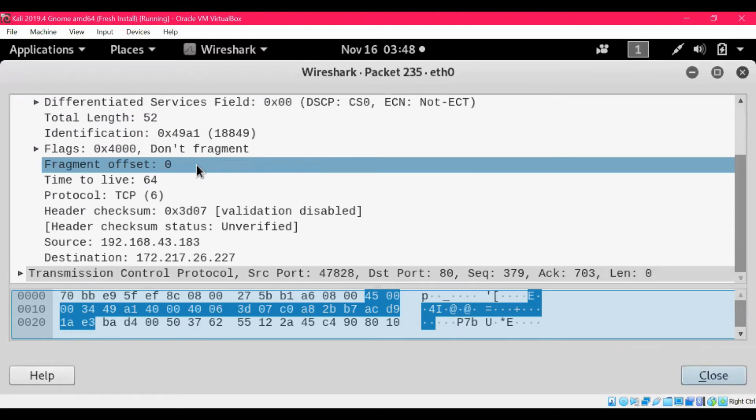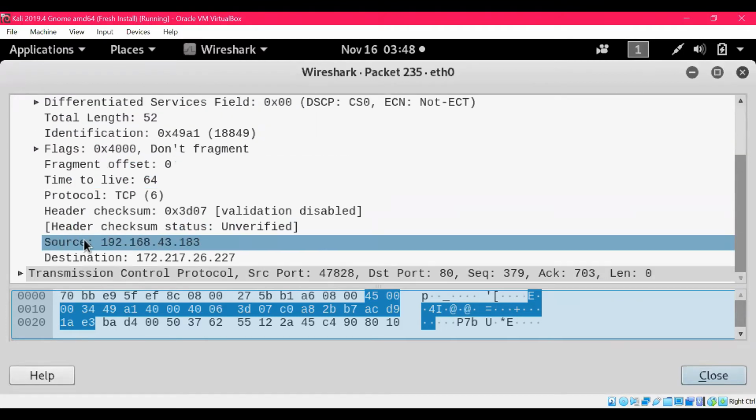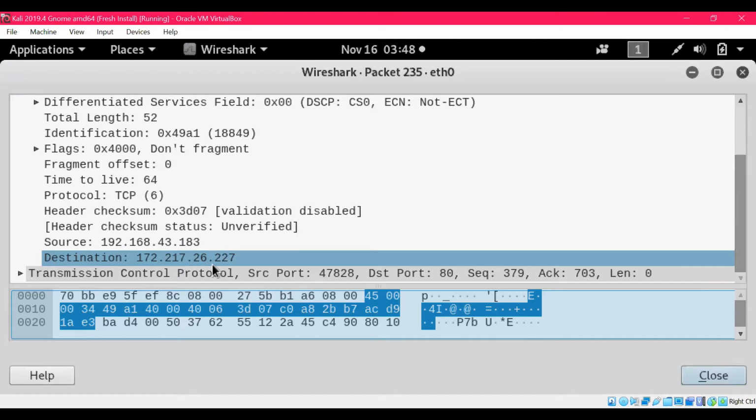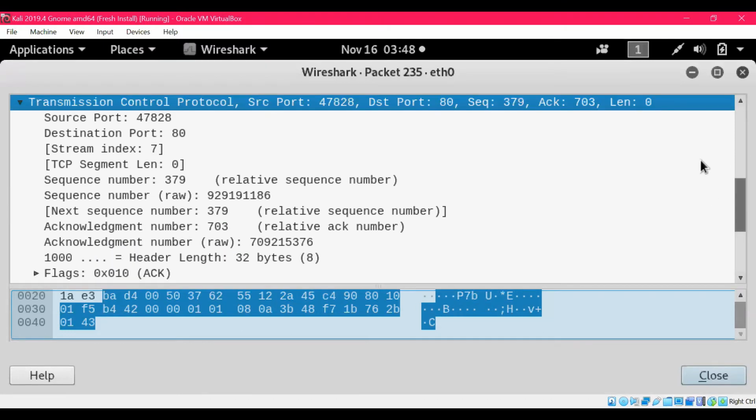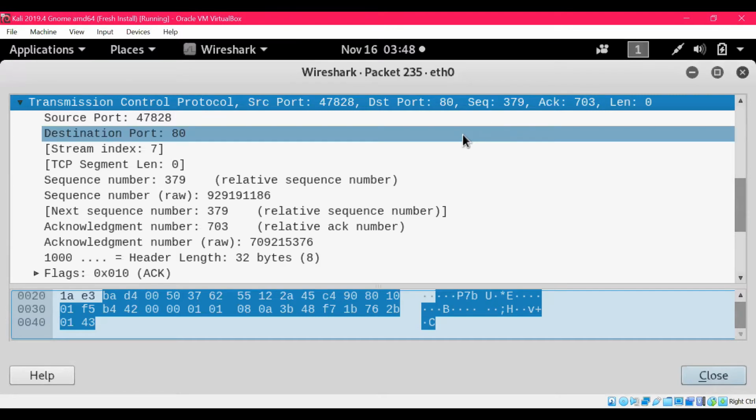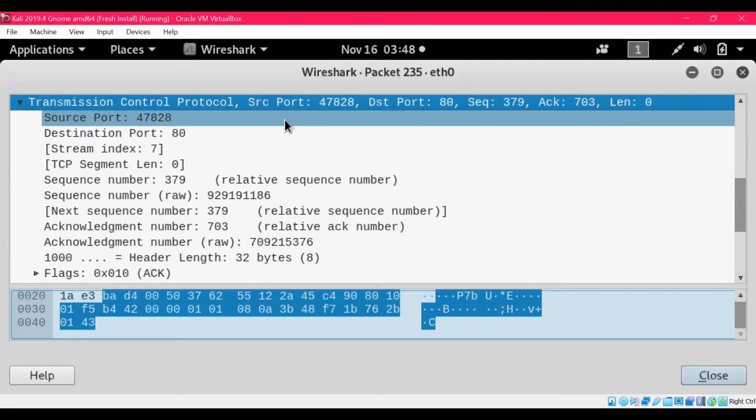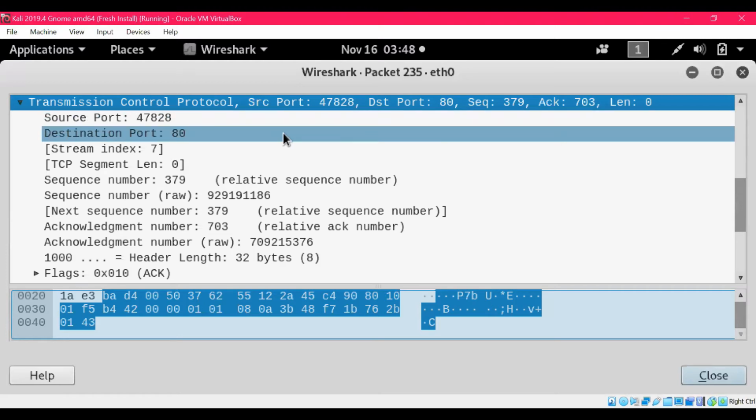We can see the source IP and the destination IP. But in the TCP layer, we are going to have more information since this was a TCP request. We can see the source port and destination port. So obviously, this port